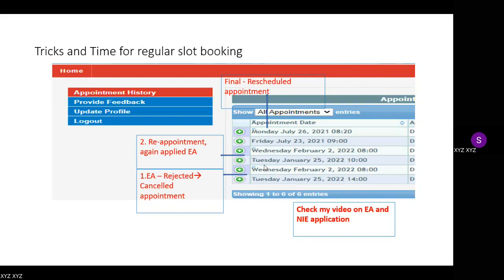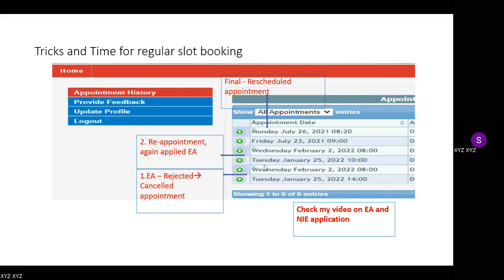I waited around 15 to 20 days, and I used to check all the Facebook, Telegram or WhatsApp groups where people said they were getting appointments. I collected all those times and logged in at those times only. After many tries and many days, I got my regular appointment on July 22nd, and it was for July 23rd.